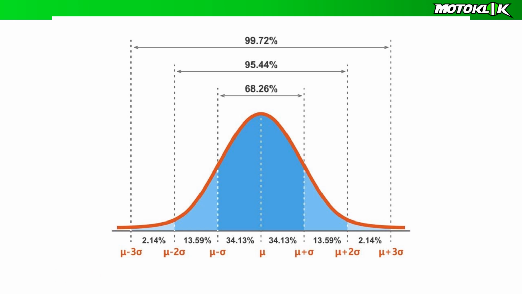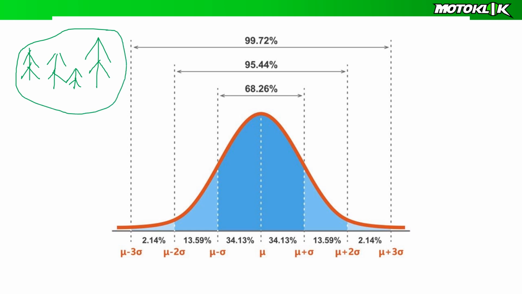So if we were to have a field, and in that field it was full of Christmas trees, so we've got different size Christmas trees, some are very short, some are very tall, and then we were to measure the height of all of these Christmas trees together and divide it by the total number of Christmas trees, we would get the average value. So this value here at this point in the curve, let's say it's 2 meters,